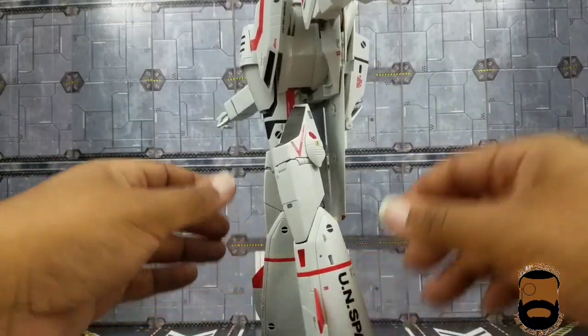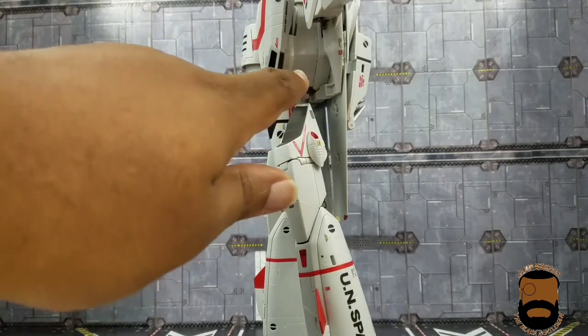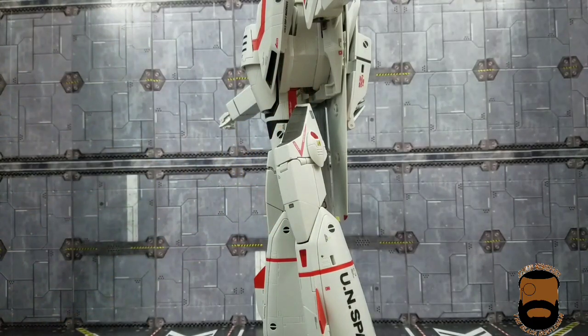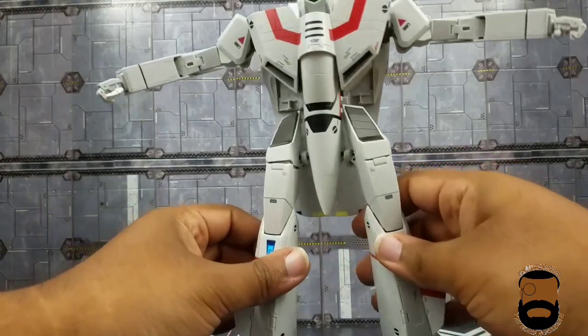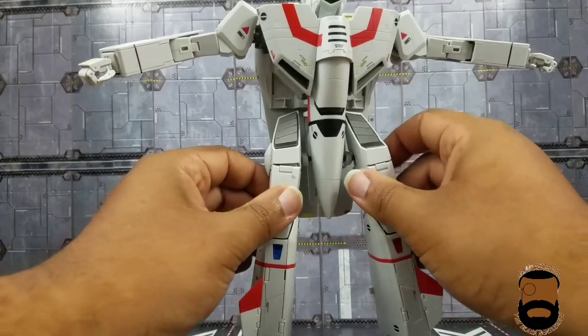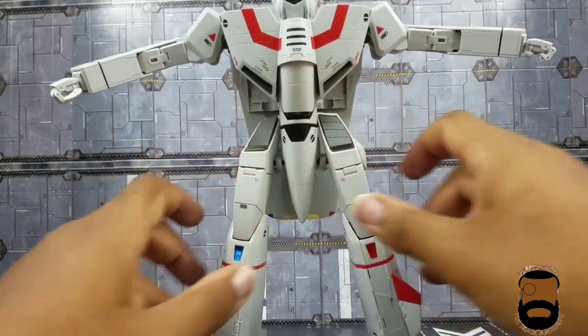And I also move his arms up further. The space fillers here, which you don't have to use, but I find that when you do use them, it does make for a much stronger connection, and just makes it look a whole lot cleaner. Like I said before, it's kind of part-former-y, but I don't mind it that much. It's all good. Put the leg back in there. But yeah,